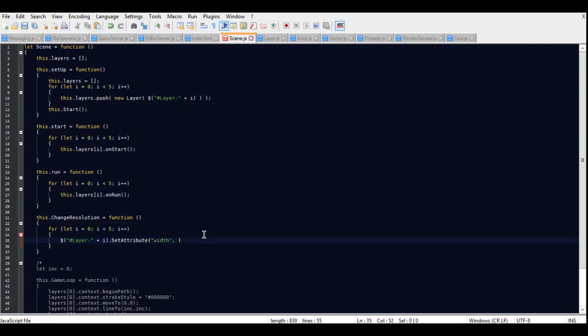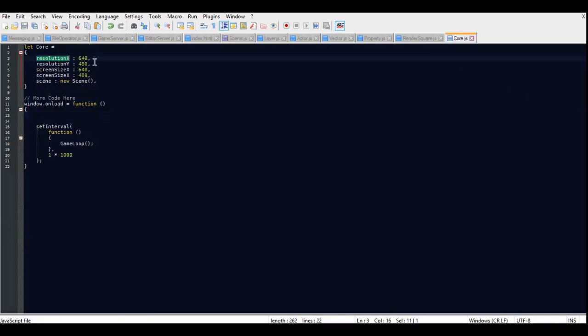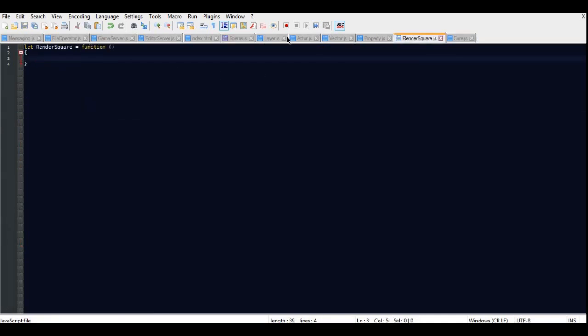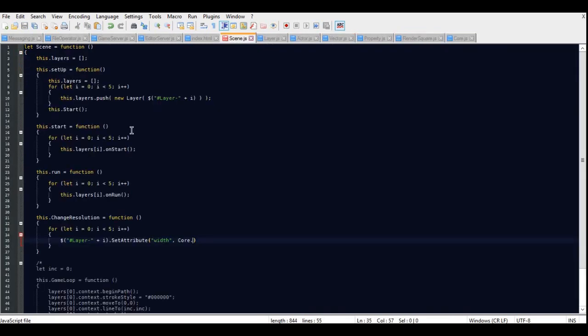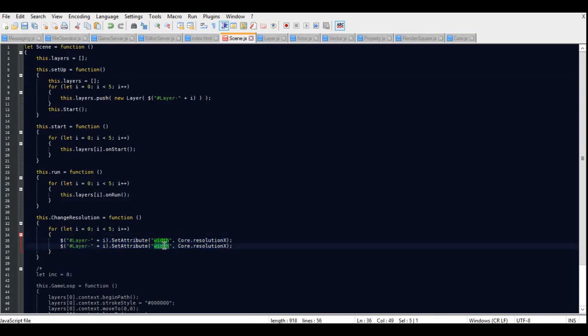I don't have the comma. core.resolutionX. Now we've got lots of different files open. It's going to be a little trickier to manage them. Right, as the Y, and